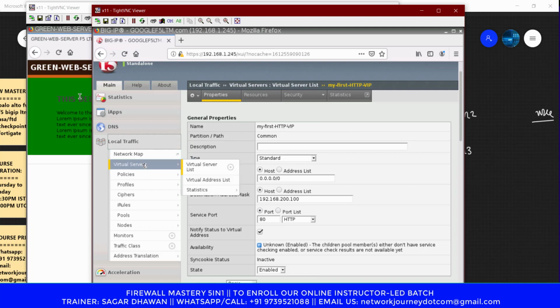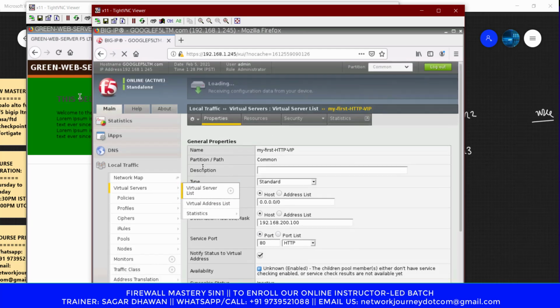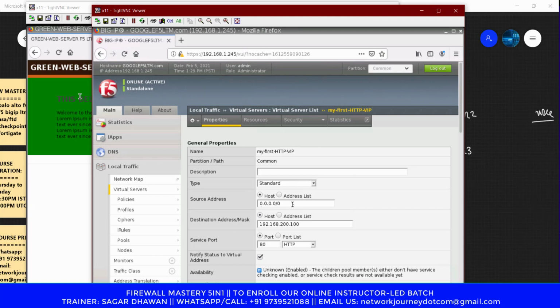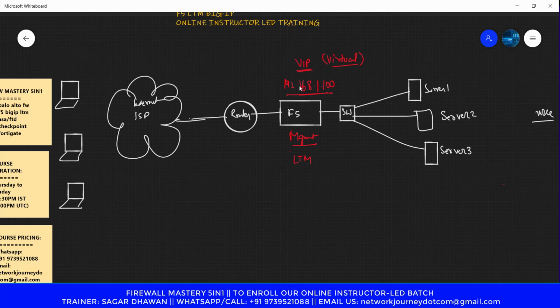We can go to the virtual server, and then we can click on this plus symbol. Or if you want to see the existing one, you can see here my existing VIP. It's configured at 200.100, and this service port HTTP has been enabled. If I open this up, you can see all the different parameters that I have configured. So VIP, you configure it under LTM and VIP.